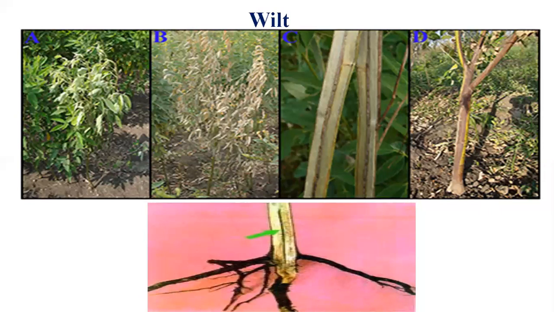Maybe some agricultural tools and implements, maybe harrow, hoe, whatever the working is there. So when some soil particles are transmitted or disseminated from one field to another field, they carry the conidia from one field to another field, that is known to be the secondary infection. So this is about the wilt of pigeon pea.